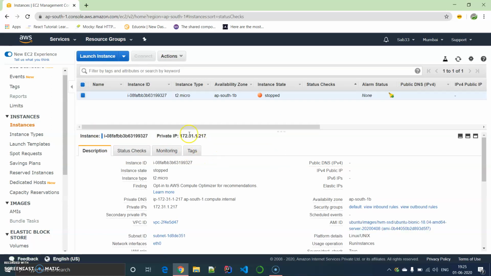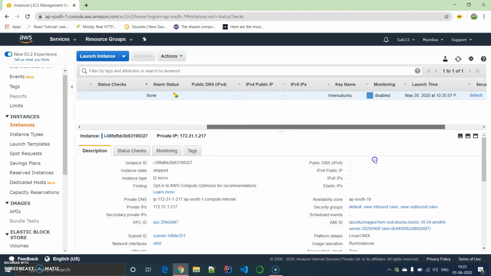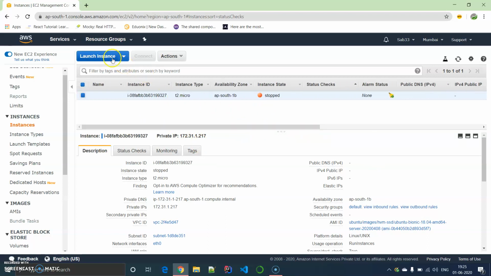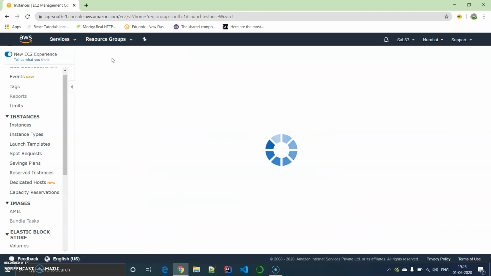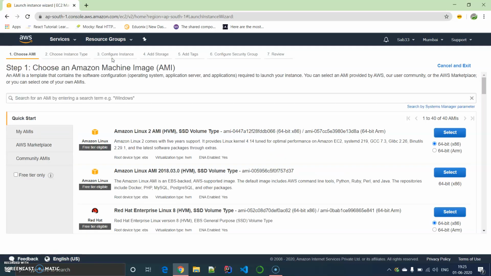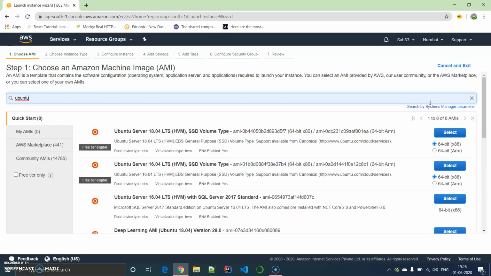and in instances I already have one EC2 instance which is currently stopped, but for all of you I'm going to launch one more instance. I'm going to create it. Just follow the steps. I'm going to search for Ubuntu over here. I will take this free tier eligible one. I will take this one,